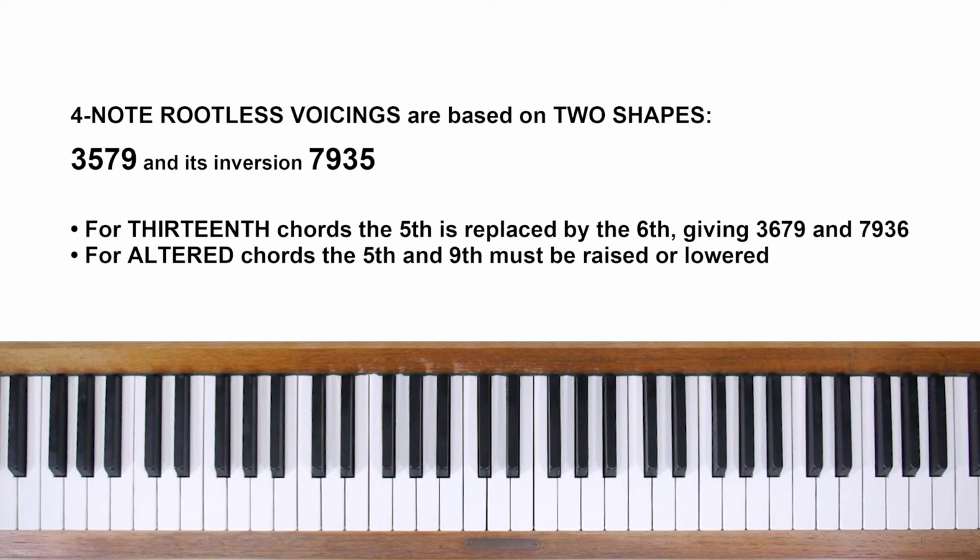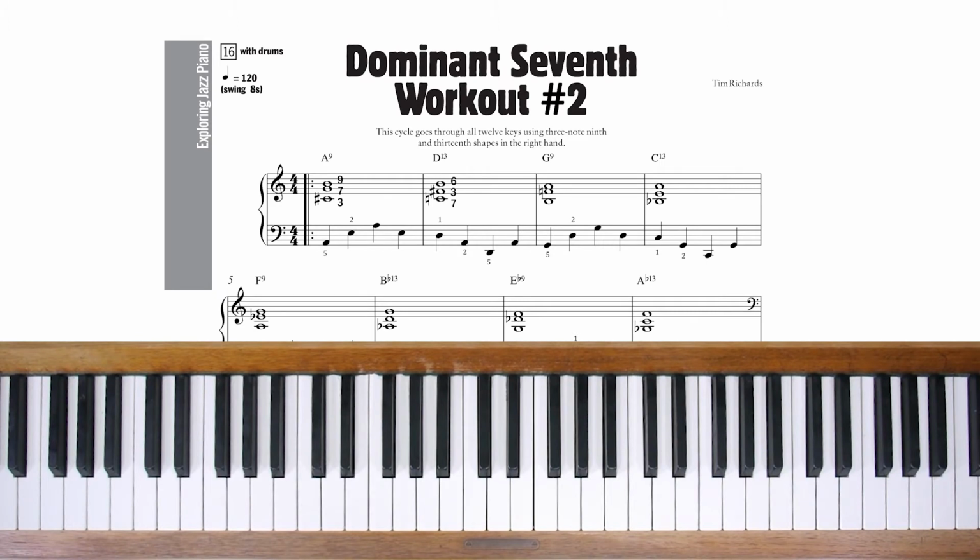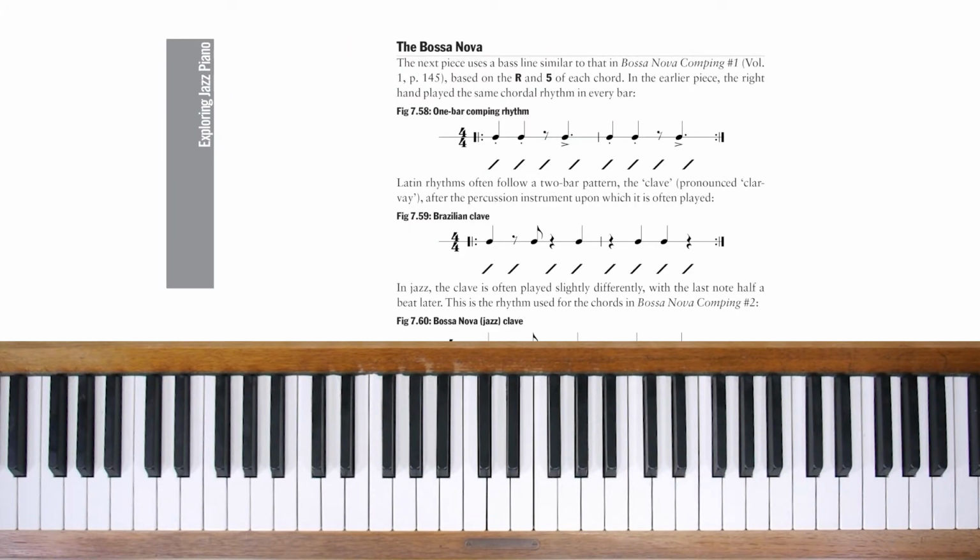Practice the shapes I've shown you with a bass line in the left hand. Don't forget to play in time. I strongly recommend memorizing the shapes and transposing them to other keys too. You could use one of the dominant seventh workout tracks we looked at in the last clip as a backing track. When you have a grasp of the shapes, start practicing them in the left hand and add an improvisation